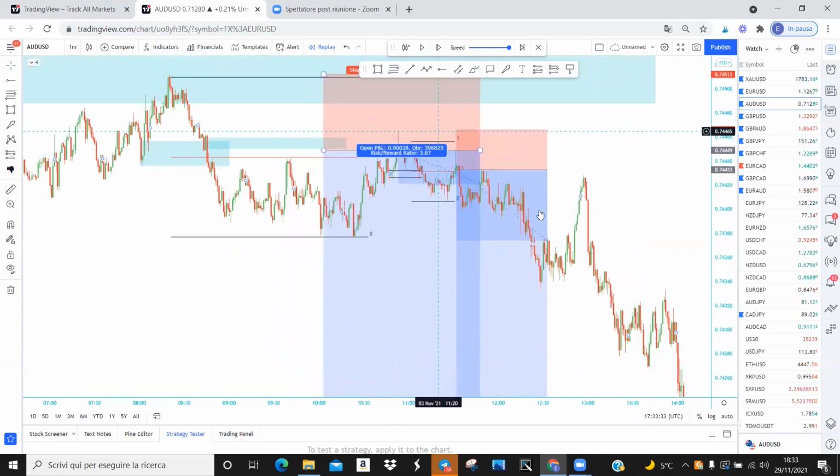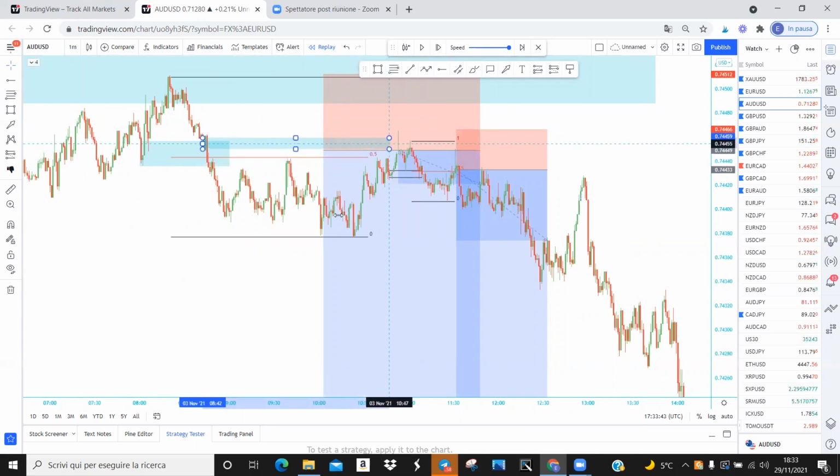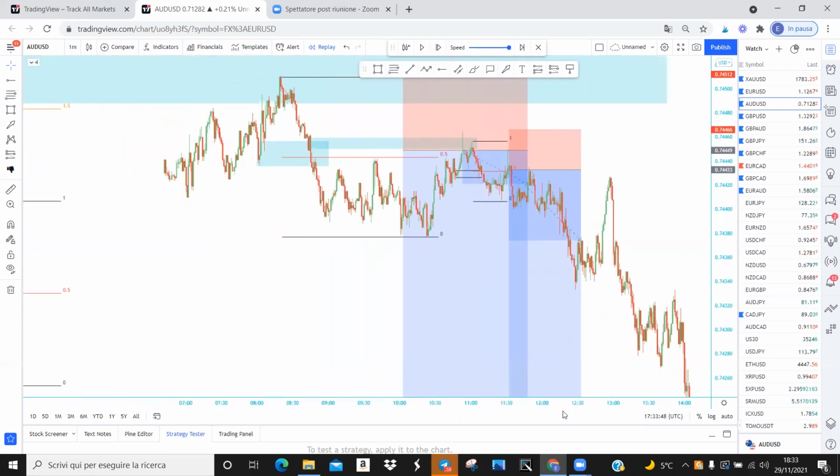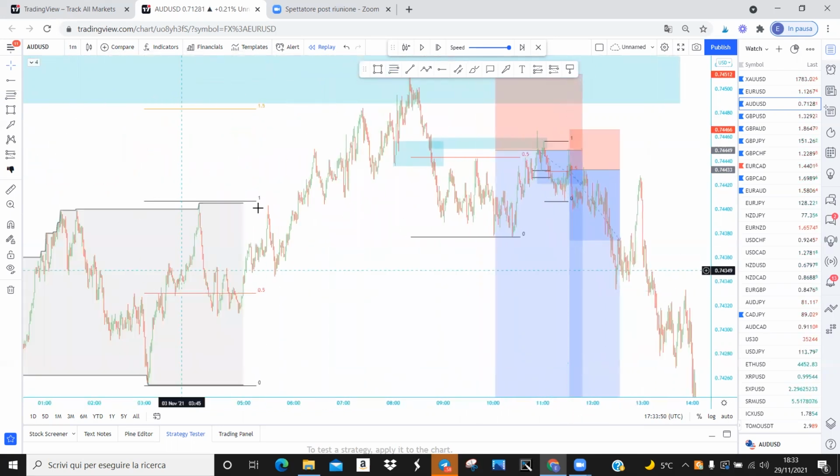Anyway, just a quick explanation for the entries, but as you can see, we basically looked for the same exact things here on the 5 minutes, here on the 1 minute, after we had confirmation that the 5 minutes was playing out, okay? So this is how we combine Asian range, direction of the market, supply and demand levels, projections,